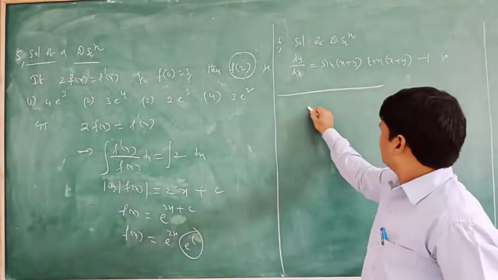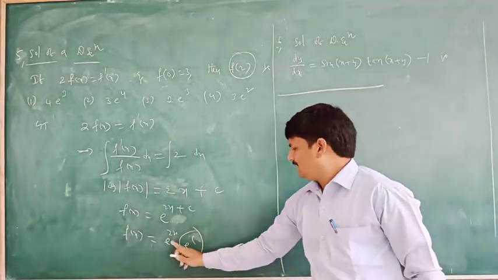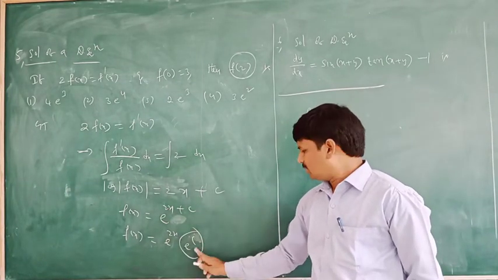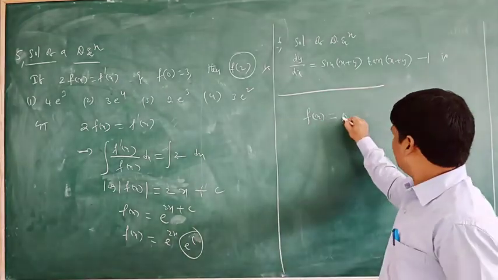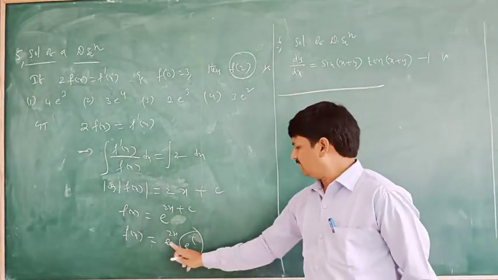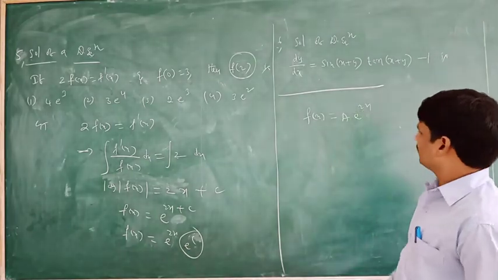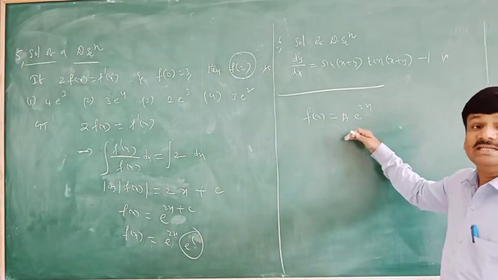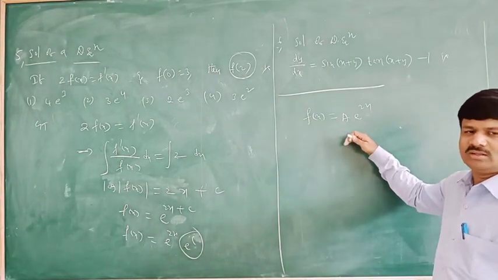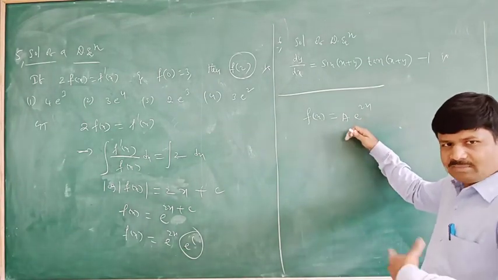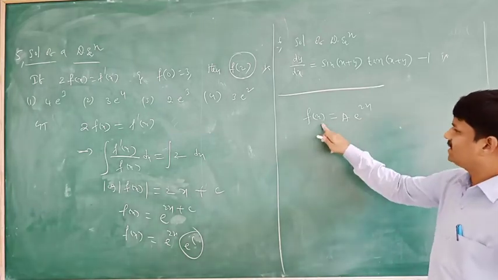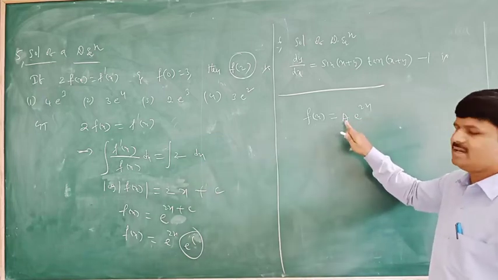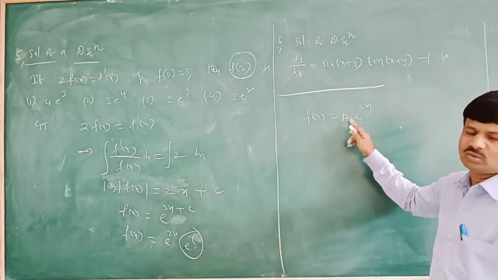I am going to solve here. F of x is equal to e power 2x into e power c. I am writing e power 2x and e power c, where e power c value is a constant a. So a into e power 2x. F of x is equal to, finally what you got here? A into e power 2x you got. This is our general solution, the general solution of the differential equation. Okay? Yes. F of x equal to, you got the function with the general solution. Why are you saying it's the general solution? A is there, and a means an arbitrary constant is there. So this is the general solution.